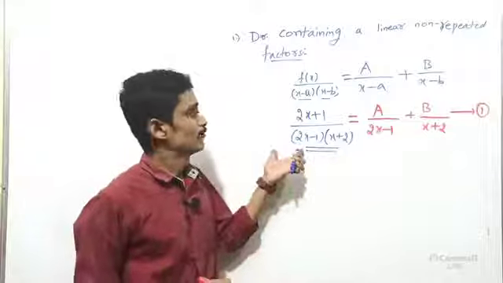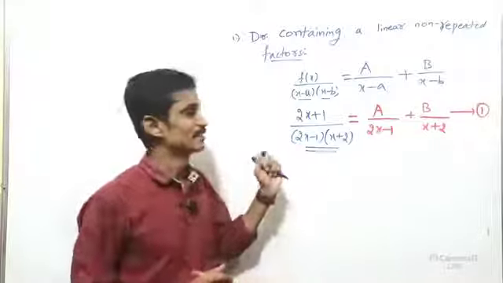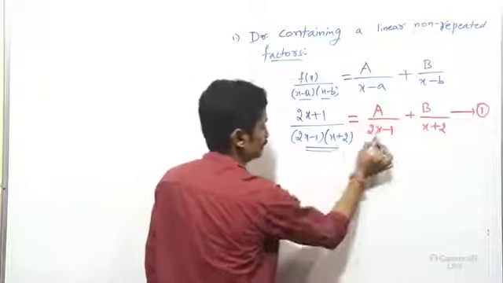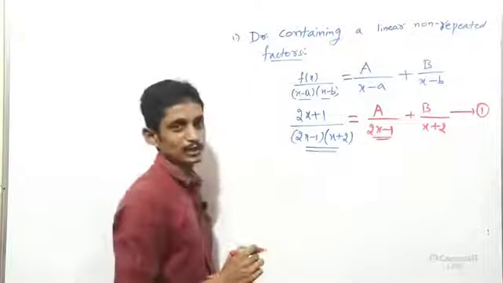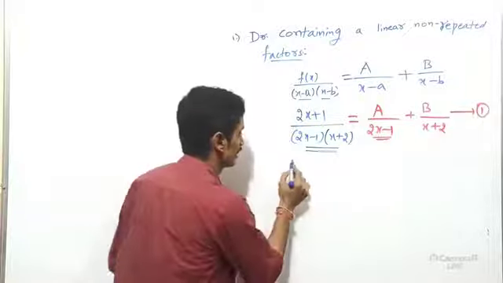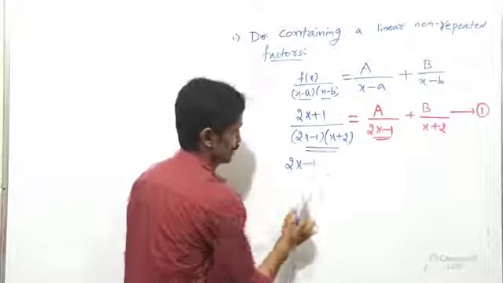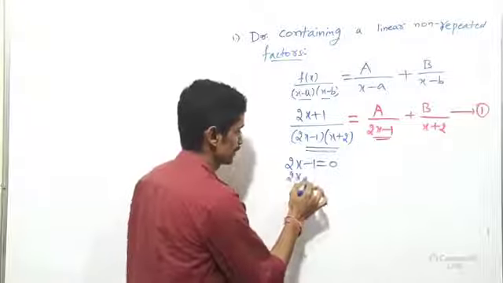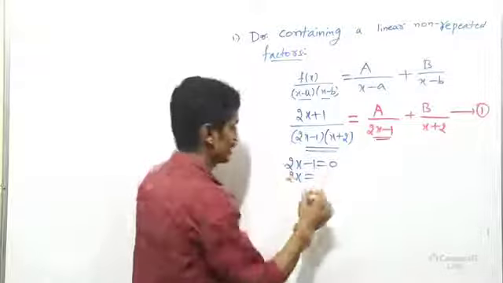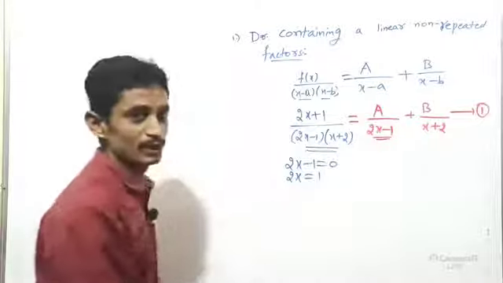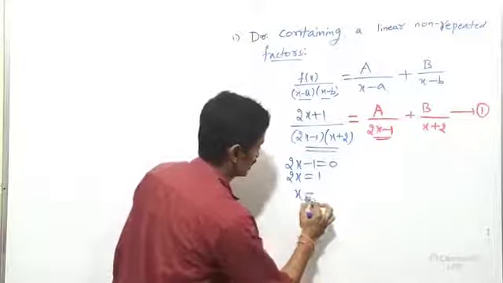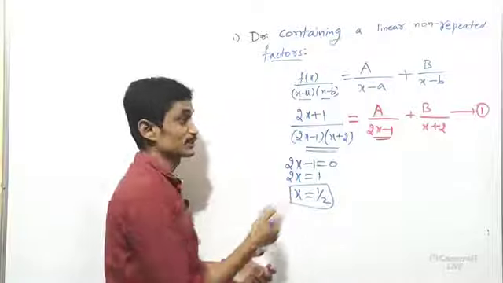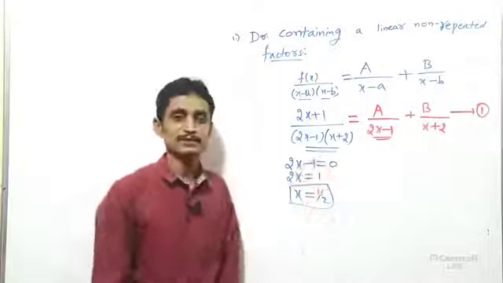Yes, here we go with the first basic math method. It's a very simple method. Look at that one. The denominator of a is what? 2x minus 1. So here I will write 2x minus 1 equal to 0. This is my assumption. So 2 times x I will keep as it is, 1 I transfer to the RHS side. It will be a 1. Then you will get the answer x is equal to 1 by 2.